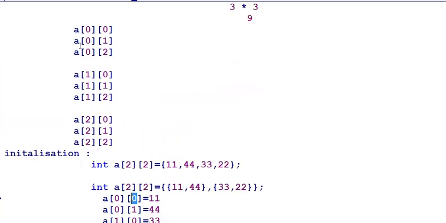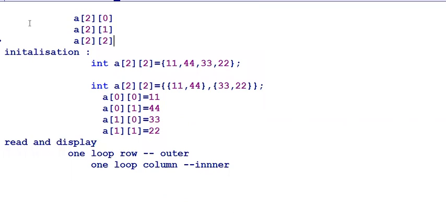So when you observe here, these are the rows. Whenever the row is common, this is the zeroth row, and the columns will be modified from 0 to 1, 1 to 2. First row and zeroth column, first column, second row, second column. Like this, elements will be positioned. Now I am taking this as the outer loop and this as the inner loop, and we can go for some code to read this type of elements.